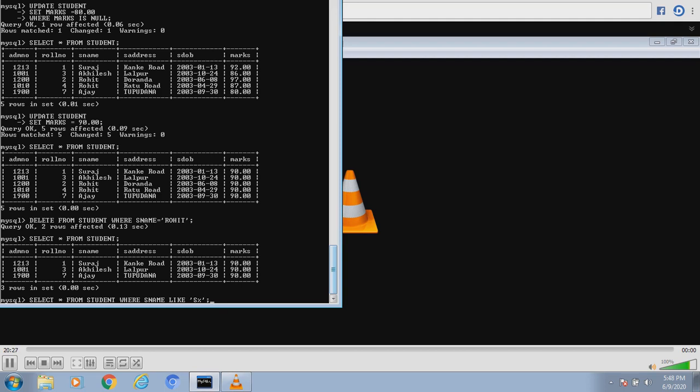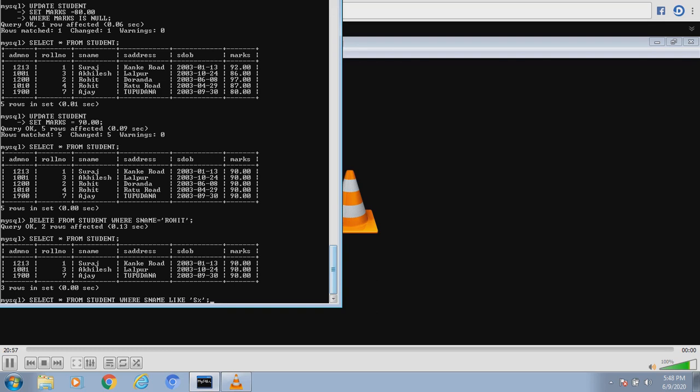You cannot count that after S only one character would be there or two characters would be there. Percentage means here that it can have characters after S, or there may not be any characters after S. So after S we may have one character, two characters, n number of characters, or even no characters. Let us see here, our condition is that names should start with S.